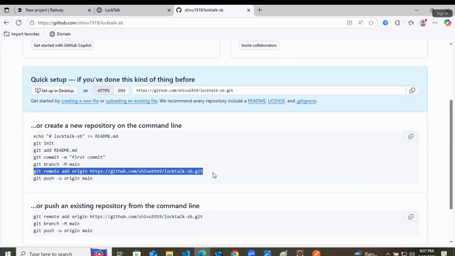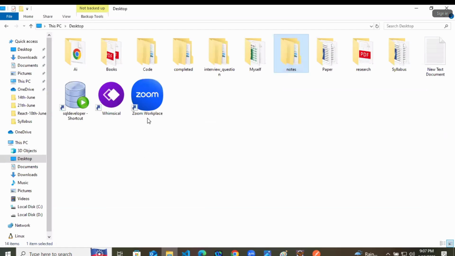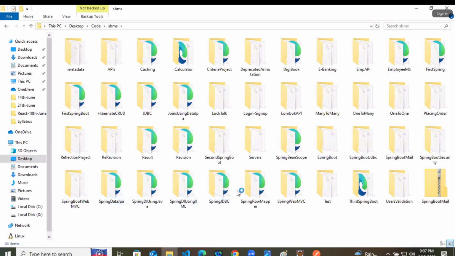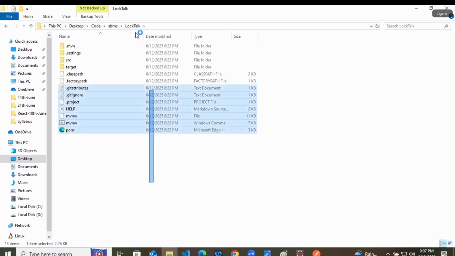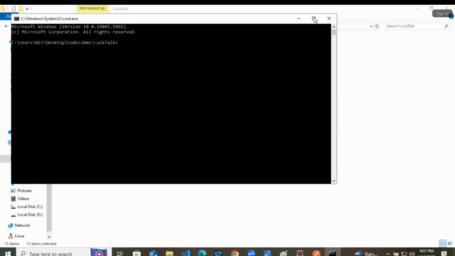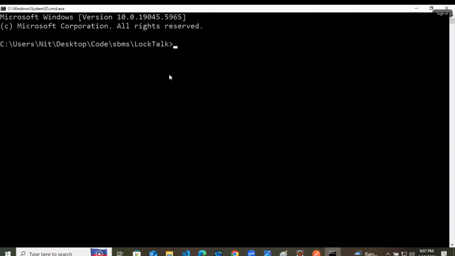and you can use the basic git commands to upload the project to GitHub. So where is LockTalk? Here is the app. Inside this folder, I will run the command prompt and we will do all the operations of Git.